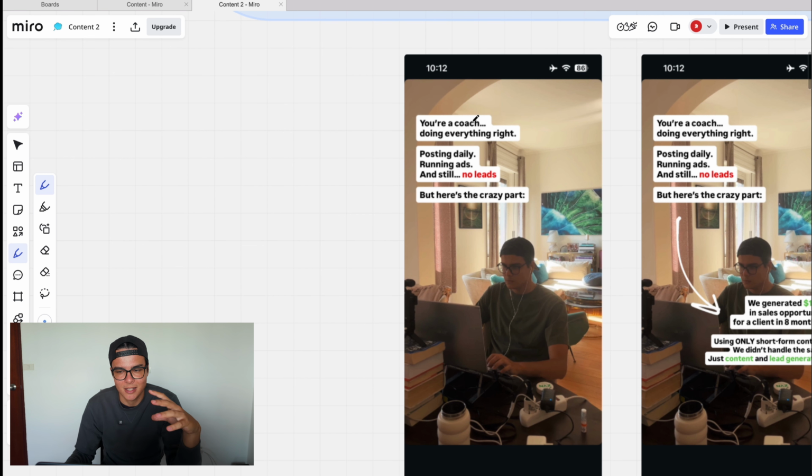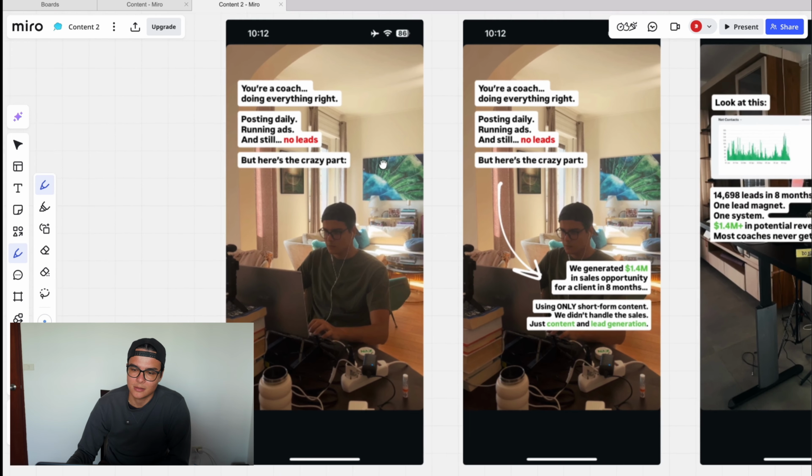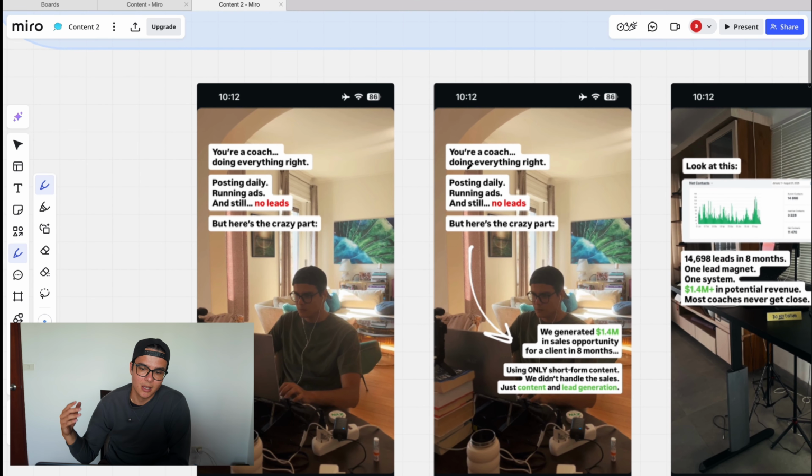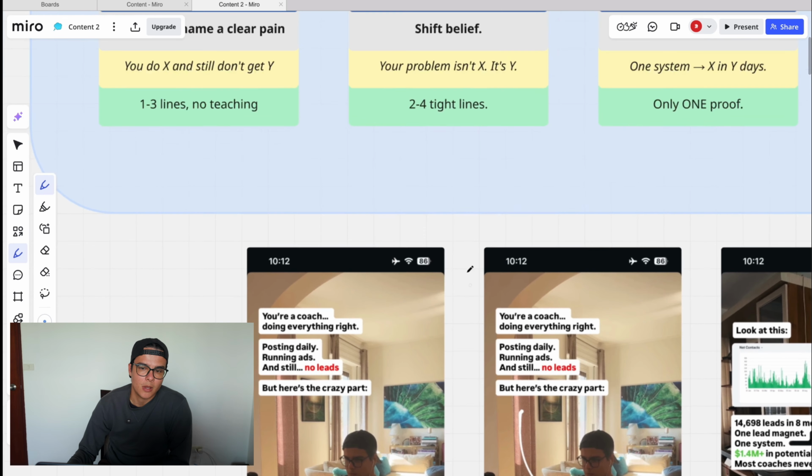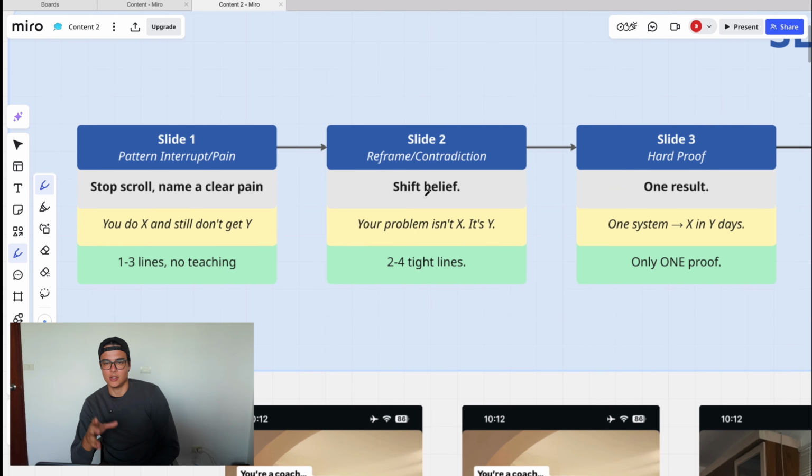What I mean by that is you can have a certain amount of text up, so they have to click to read the next part of it. So, but here's the crazy part, kind of insinuates a cliffhanger in a TV show. So they want to see the next part, so they'll click and see the next slide, which is this one where I explained a client result that we got, and that's where you introduce slide 2,